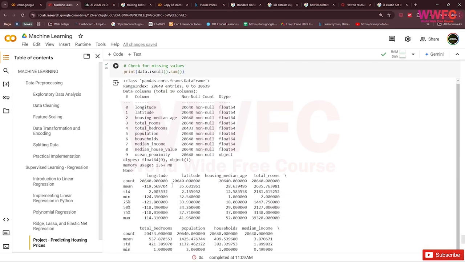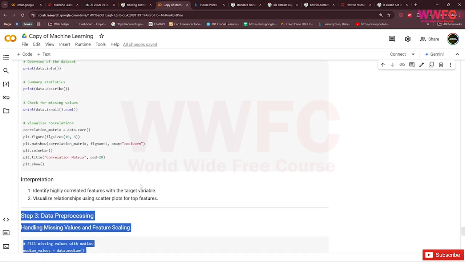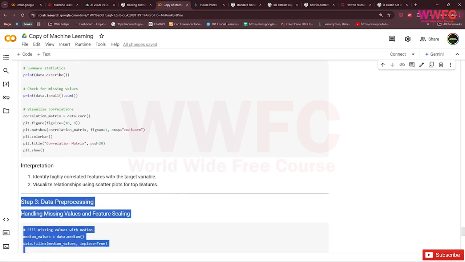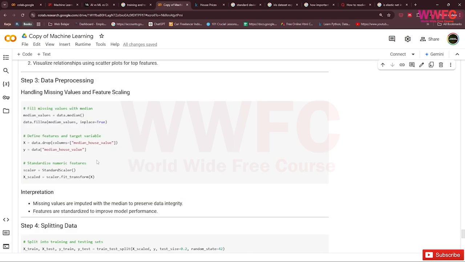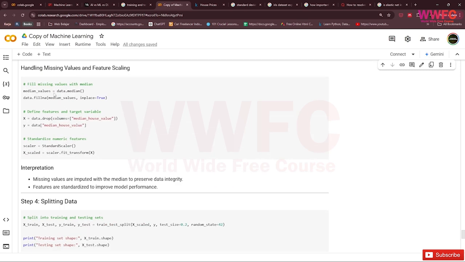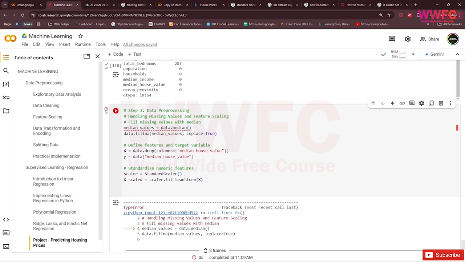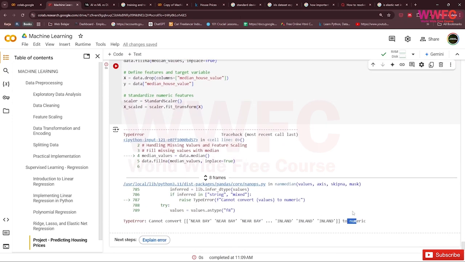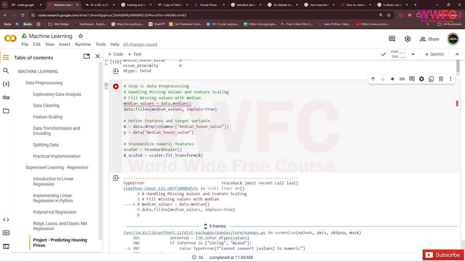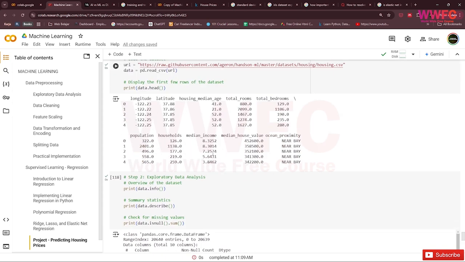Then we check the correlation matrix, and it cannot convert to numeric, so we get the error here.